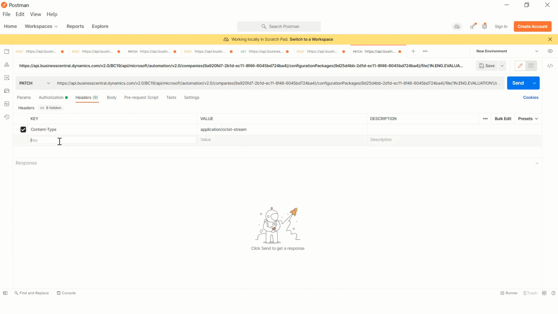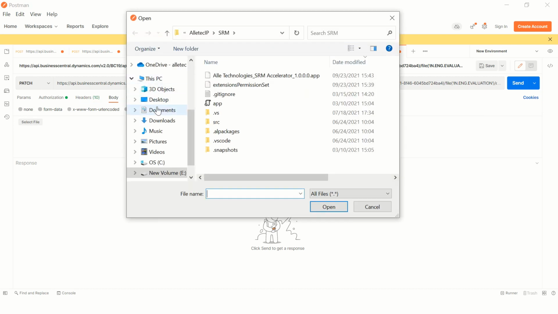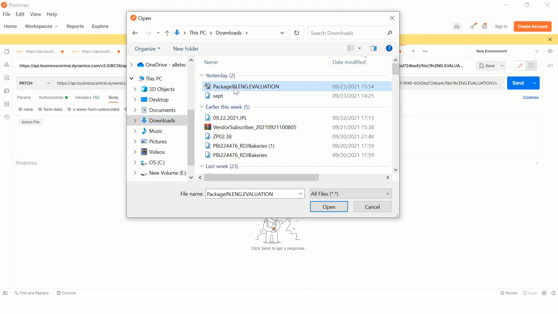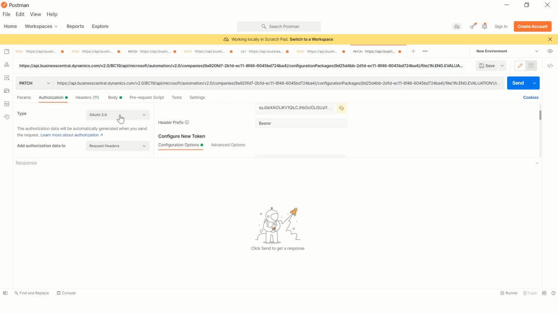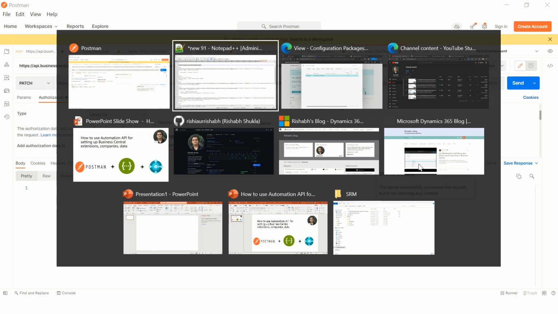And again guys, since we are handling streams here, you have to pass an If-Match header as well. Okay, in the body you have to pass the binary stream again. So in my case it was my configuration file, and there it is. Okay, so hopefully we have everything in place. Let's see. I'll say send. Okay, so again, I got a status of 204, no content,